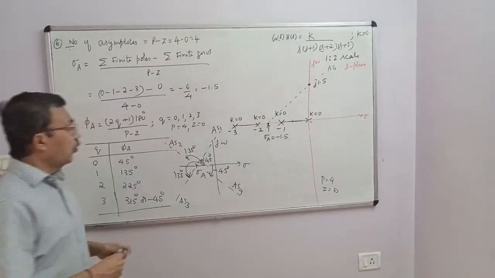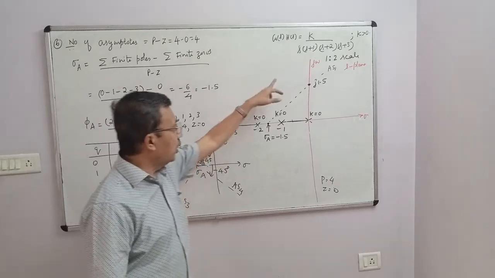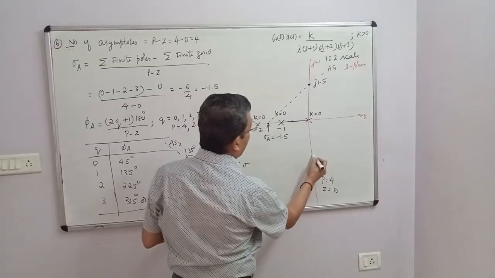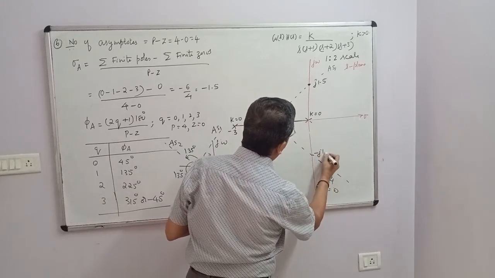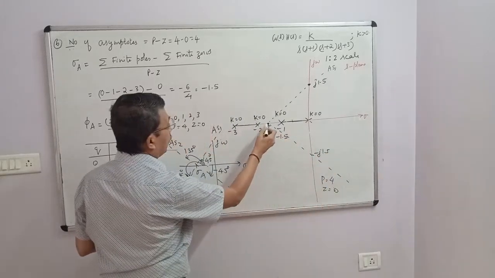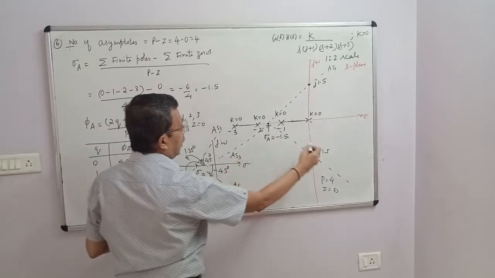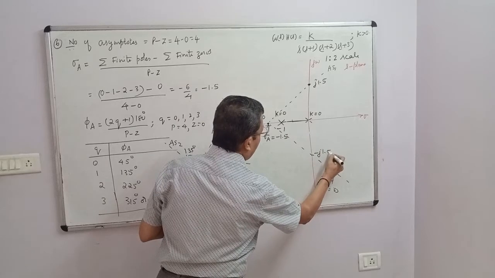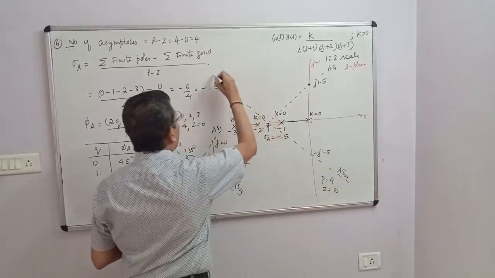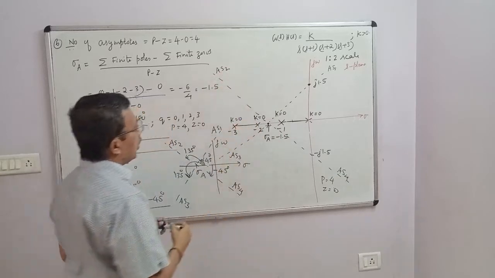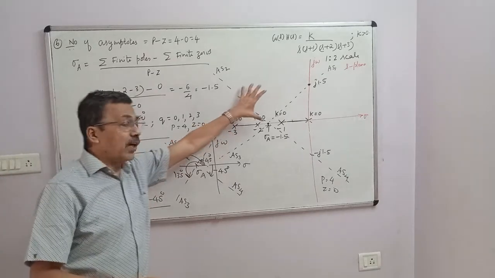Like this, the 4 asymptotes will be drawn. Asymptote AS4 crosses the j omega axis at minus j 1.5. If you produce asymptote AS1 backwards, it will become asymptote AS3. If you produce asymptote AS4 backwards, it will give you asymptote AS2. Like this, the 4 asymptotes are drawn. This you have to do on a graph sheet.